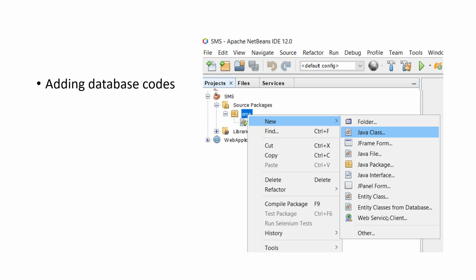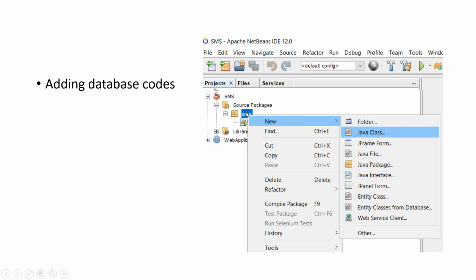The file which I am going to add consists of all the code related to sending data to the database. It consists of some SQL commands which are embedded in the Java programming language. In this video, I am going to show you the part of adding the JDBC driver.